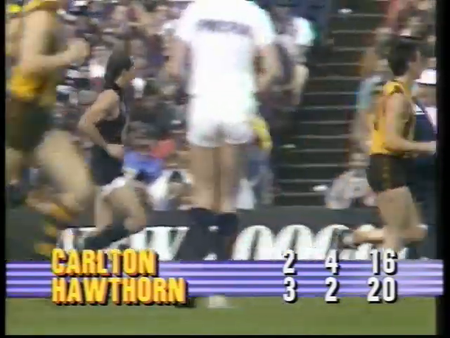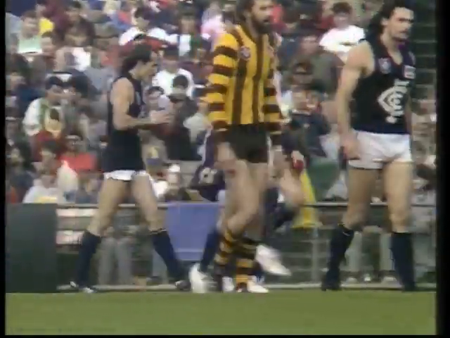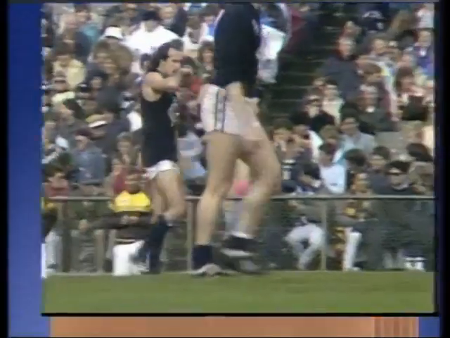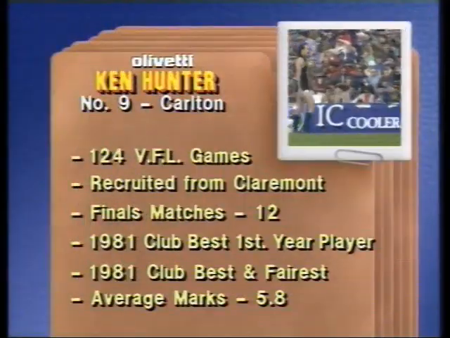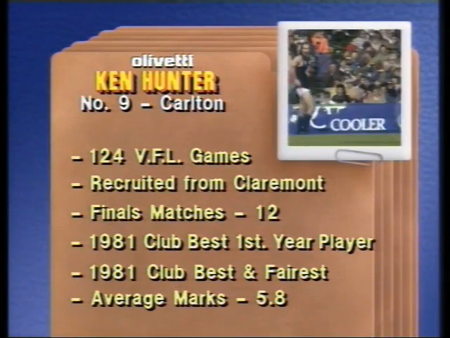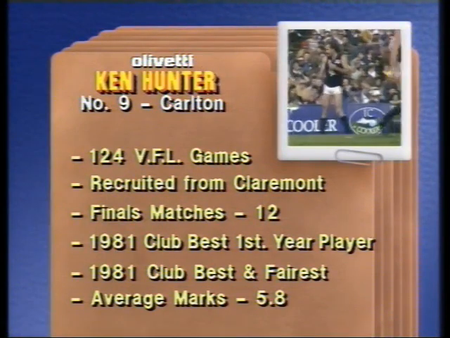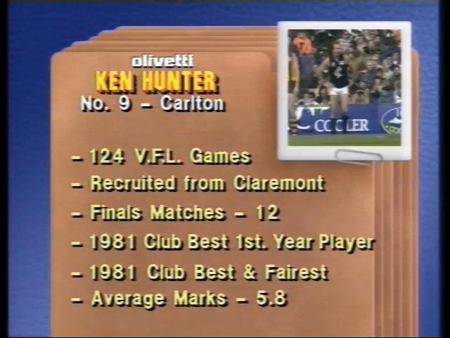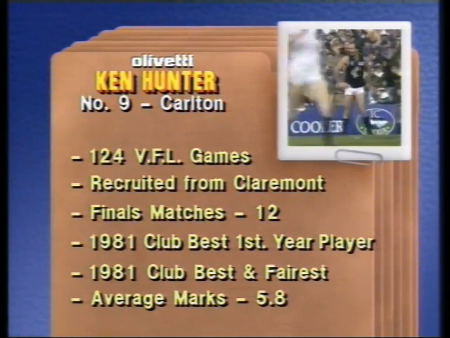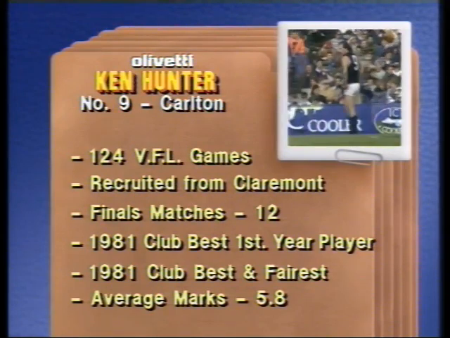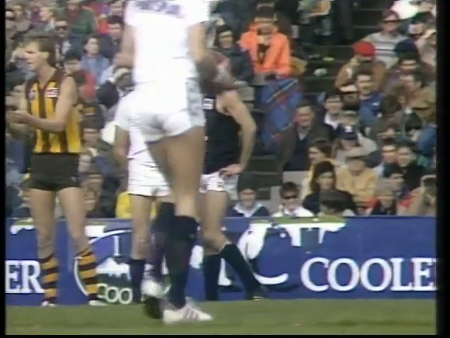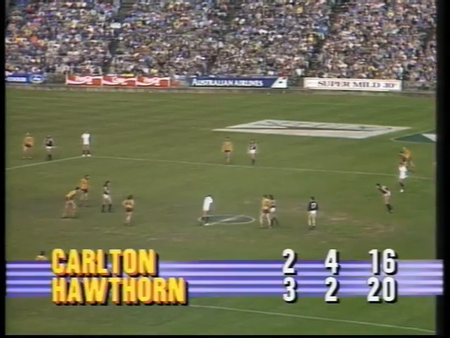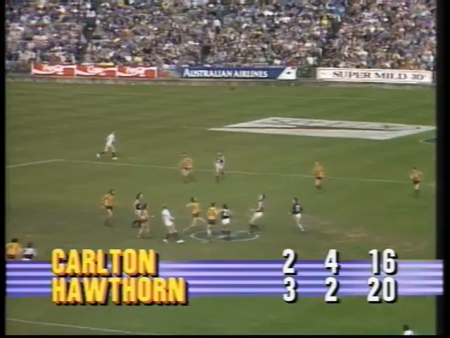Well, I don't think Alan Jeans will be very happy at all, because that ball was about 70 metres from goal with no chance of a goal, and then a goal was handed on a plate to Kenny Hunter. He's been a great player for Carlton, came from Claremont in Western Australia, one of the most courageous players, one of the best high marks in league football, and he's not a big man, only about 5'11 and a half, Bob, I think. The last couple of years has been very, very unlucky with injuries, and hasn't played the number of games he would have liked in recent years because of injuries,